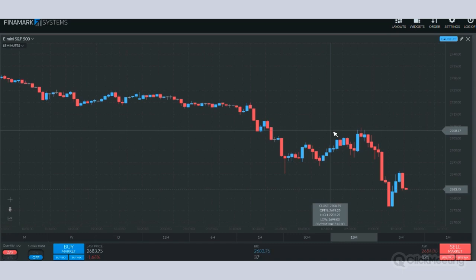Somebody that has access to a $100,000 trading account most likely is going to be risking a monetary value that is higher than somebody that only has access to a $5,000 trading account, correct? So for that reason, a lot of the things that we're going to discuss today are going to be more or less concepts and ideas.